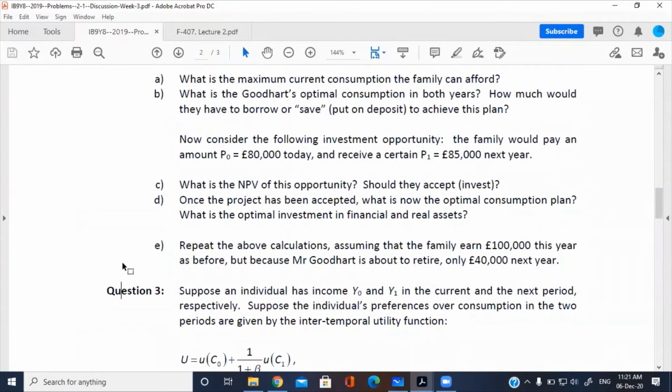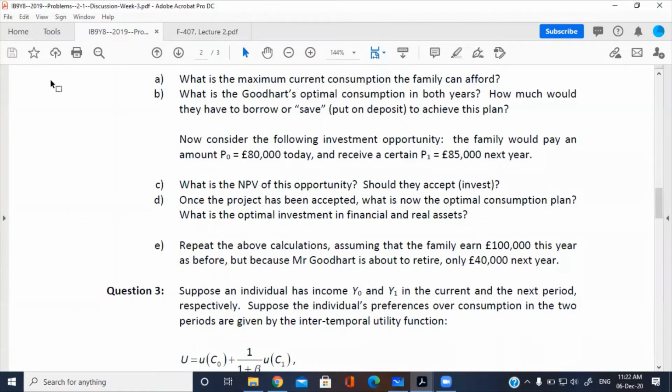What is the optimal investment in financial asset? Okay, so from our discussion in the previous graph, can you recall that if we make investment, our available income will go down in the current period, and available income, I mean the residual income after making allocation for the project in the current period, will go down. And what happened to the future income? Future income will go up with what? With the payoff from the project.